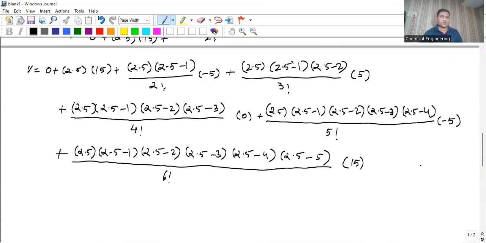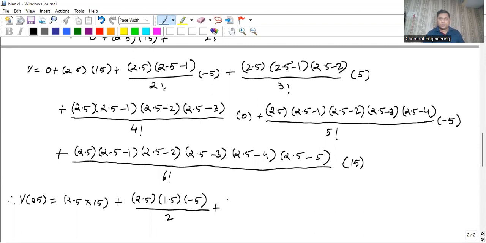Now, this is the expression that we have got. So we have here, this is velocity at 25 seconds. Now we have 2.5 into 15, plus this term, 2.5 into 1.5 into minus 5